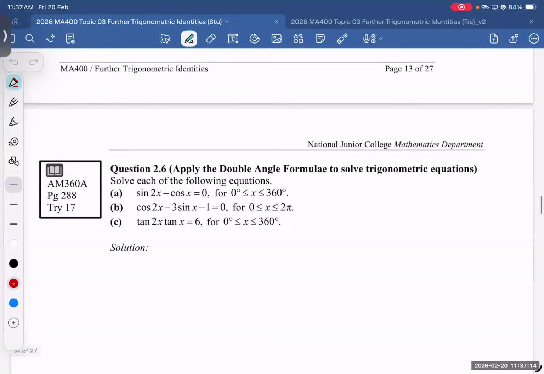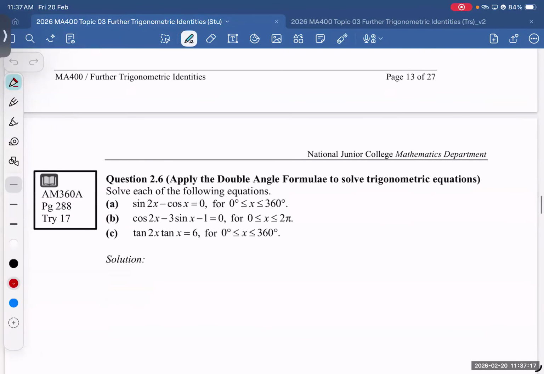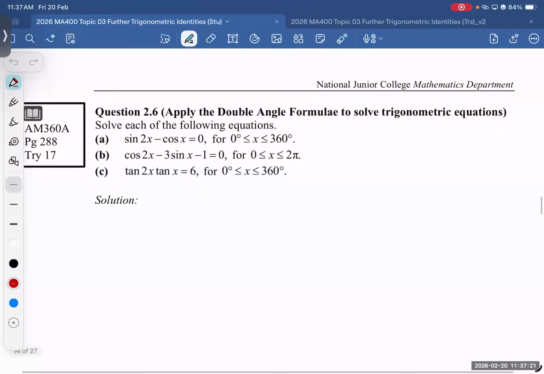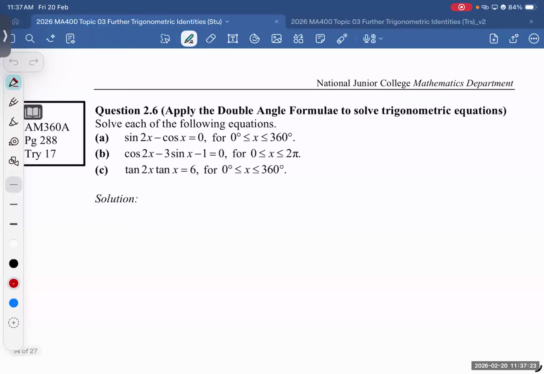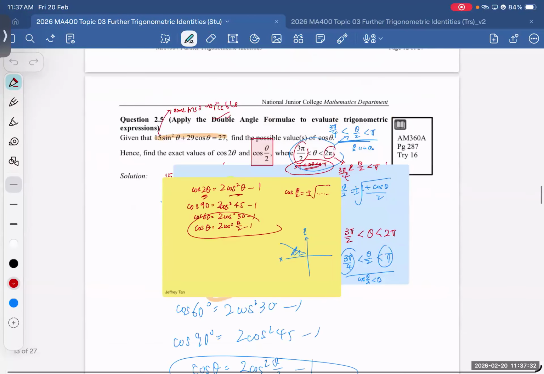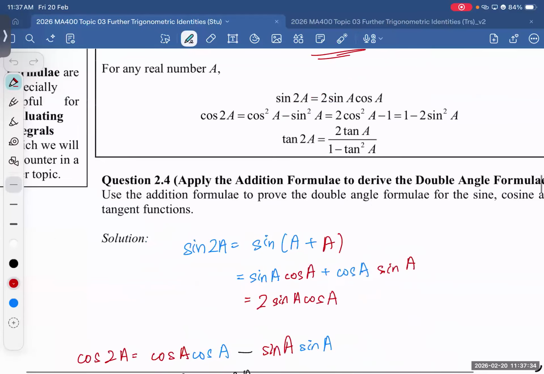Okay, let's go on. Question 2.6, applying the double angle. Do you still remember the double angle? Need me to write on the board? Maybe I recap now, just in case. We all know that the last time, in question 2.4, we talked about